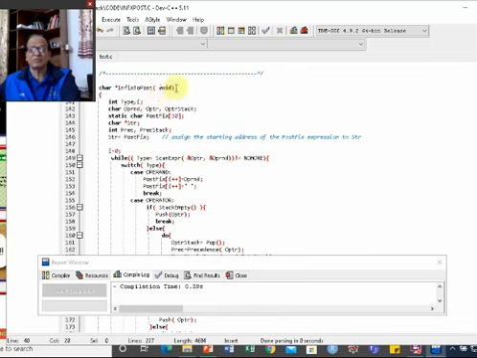Infix to postfix. As you see, these are the various variables we have declared here, and assigning str to postfix. We have declared a static character postfix array. I am just initializing str with the starting address of the postfix expression, because at the end I am going to just return str.